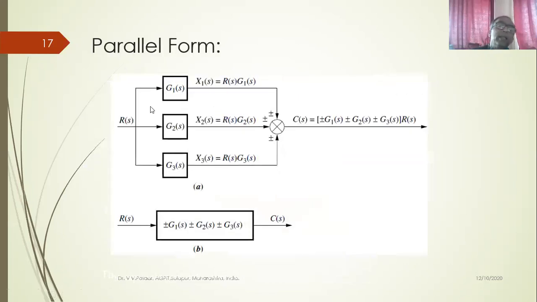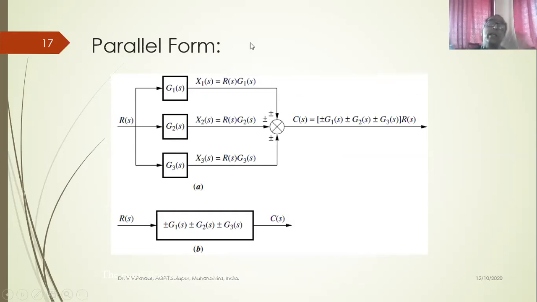Parallel form. Okay. So what is the difference? In series, the blocks were in series. Now in parallel, the blocks are parallel. And what is one more change? This RS, as we have seen while studying the summing point, is going straight into G2s. RS is also going into this branch into G1s. RS is also going into this branch into G3s, isn't it? So this is the parallel form. Now all these parallel elements are coming to a summing point, right?